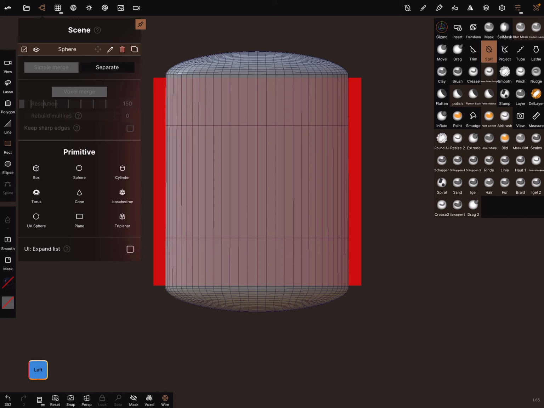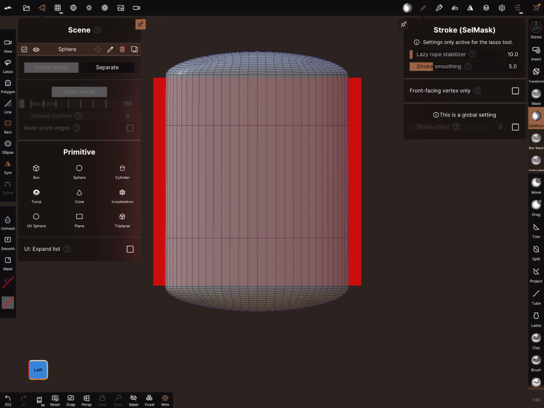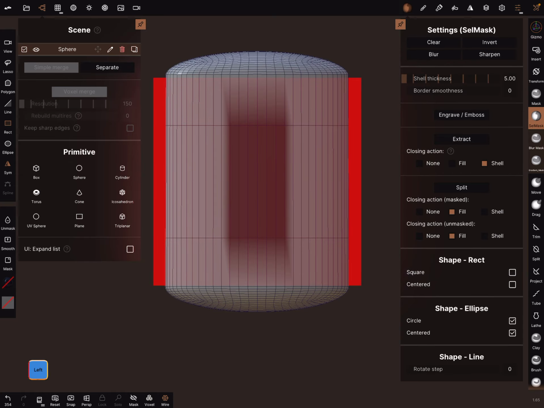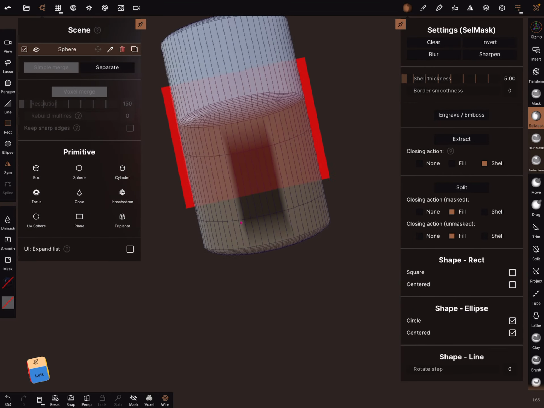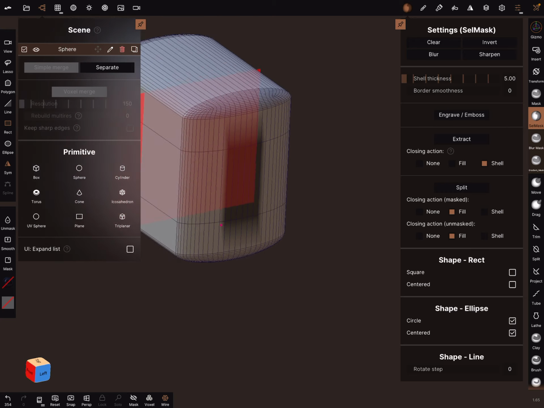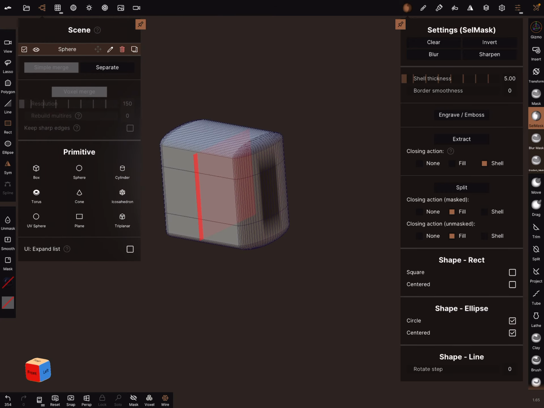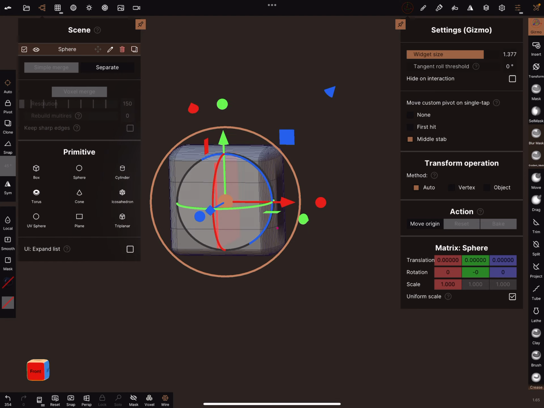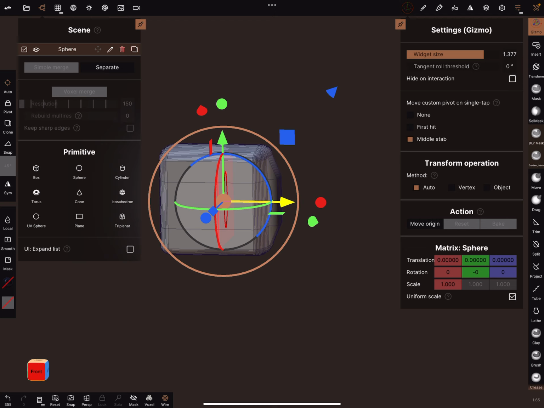And now you can use the cell mask. This time we need front face vertex only, and mask a part. You can sharpen it, but in this case it's not needed. And use the gizmo. And now you can scale it like this.